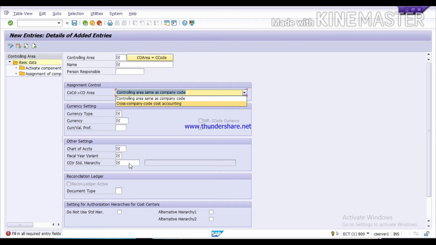Then you have to tell the hierarchy: the name or identity of your controlling area hierarchy. So here you can maintain the name of your controlling area hierarchy.